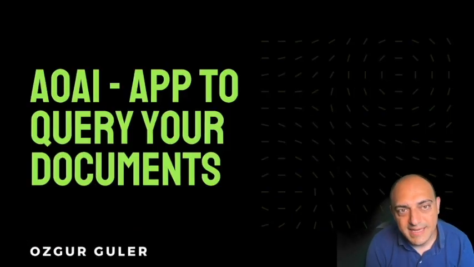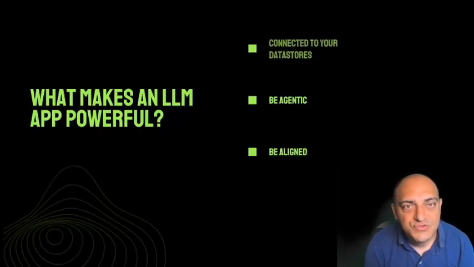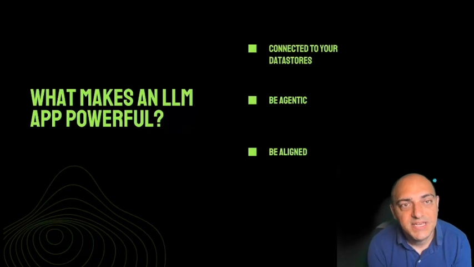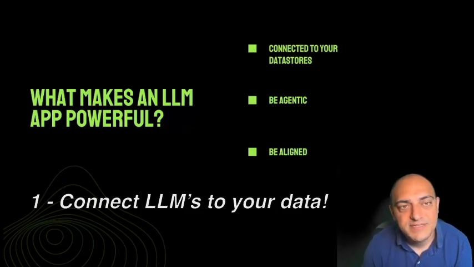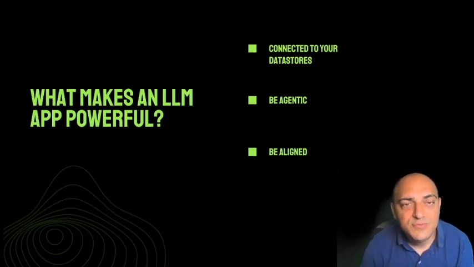Okay, now let's step back and try to understand what makes an AzureOpenAI app a really powerful app. There are three major capabilities that are emerging that determine the usefulness and the utility of an LLM app. First, your app needs to be able to connect to your data. LLMs such as GPT are generalist apps, so they are good for general tasks. However, if you'd like to leverage the power of the language model on your own data to get personalized insights out of your data, you need to be able to connect the LLM to your data.